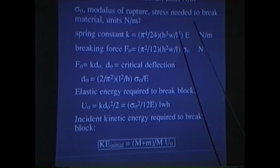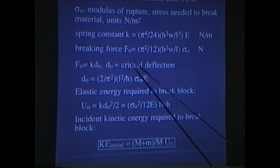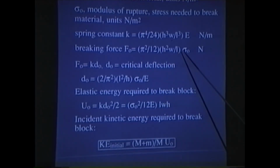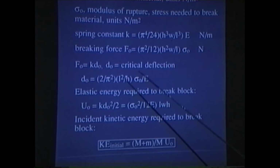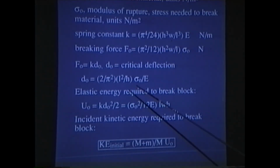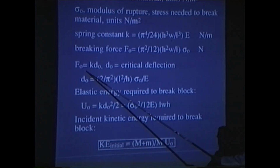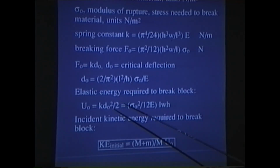Similarly, for this particular kind of geometry, when broken in the top like this, the amount of force necessary to break the object is just given by the modulus of rupture multiplied by these same parameters. Now, once we have this formula for F, and we have this formula for K, we can easily find D0, the critical deflection, by simply saying F0, which we know, is K that we know, times D0, and that immediately gives us that D0 is equal to some combination of dimensions times the modulus of rupture divided by the elastic